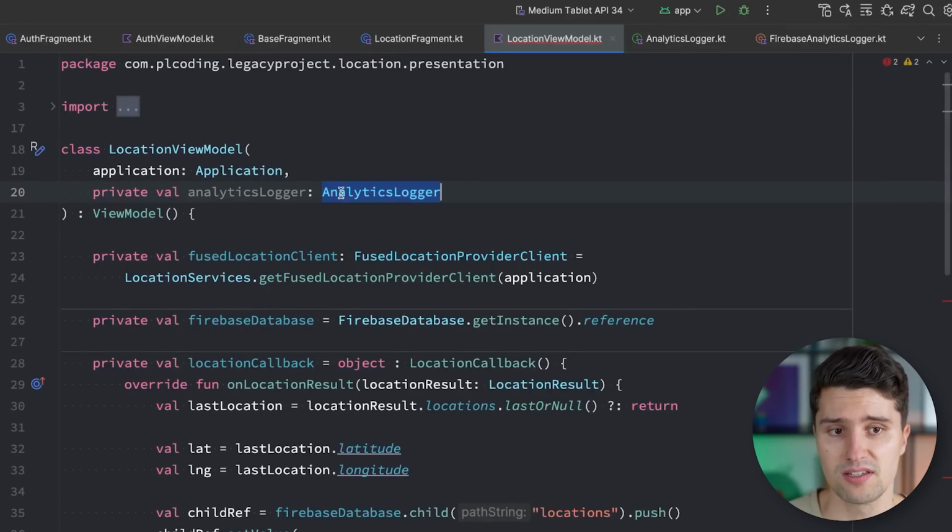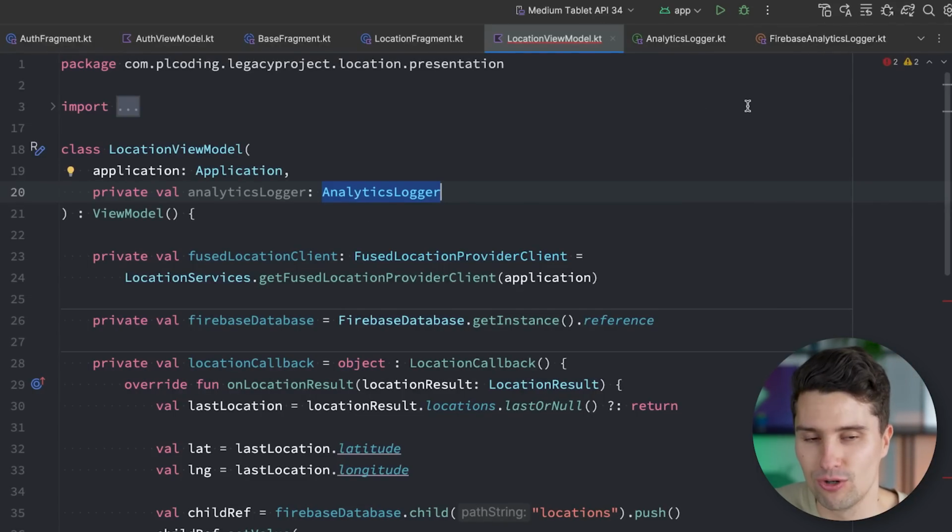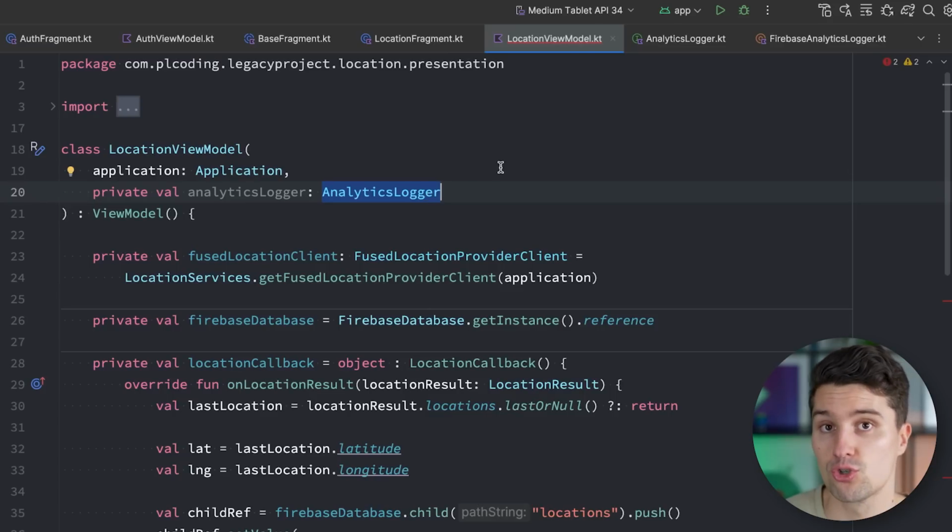And you can see this now means we depend on the abstraction. This analyticsLogger is of type AnalyticsLogger and not of type FirebaseAnalyticsLogger, because in that case, we could only pass a FirebaseAnalyticsLogger. But if we do it like this, we are super flexible in saying, okay, for this view model, I want to pass this logger. For this one, I want to pass this one. And this now also deals with the issue that I've talked about before,